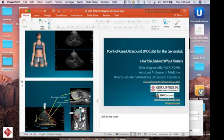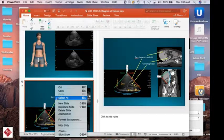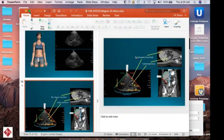Yeah, that go up a little bit, right there, that one. Mm-hmm. Yeah, that one. Just hit the projection down the bottom right, the little projector. Yeah, right there. Yeah. And so,